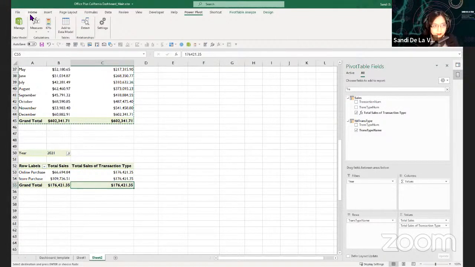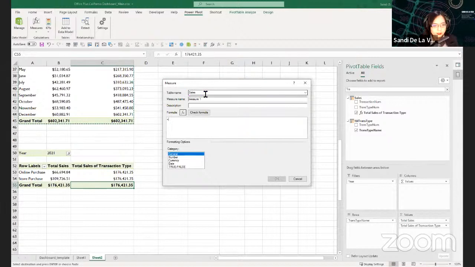So let's now create the percentage of sales based on transaction type by going to Power Pivot, Measures, New Measure. We're using the same sales table, percent of sales per transaction type.